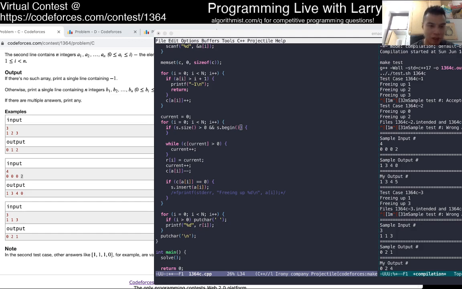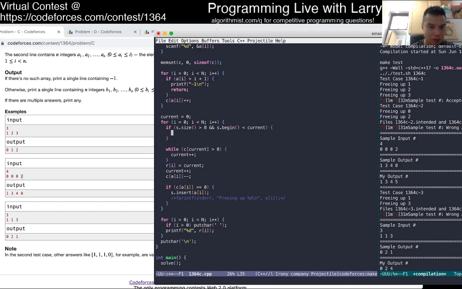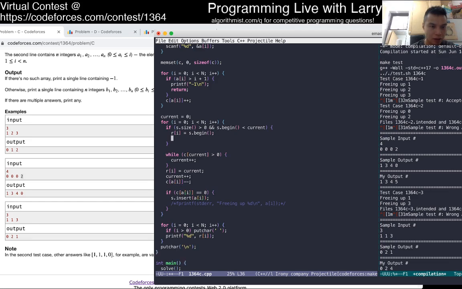Okay, so if it is less than current, yeah, then we start begin. Is that the pointer or the? I think I need to do this. And then now as that we move, delete.